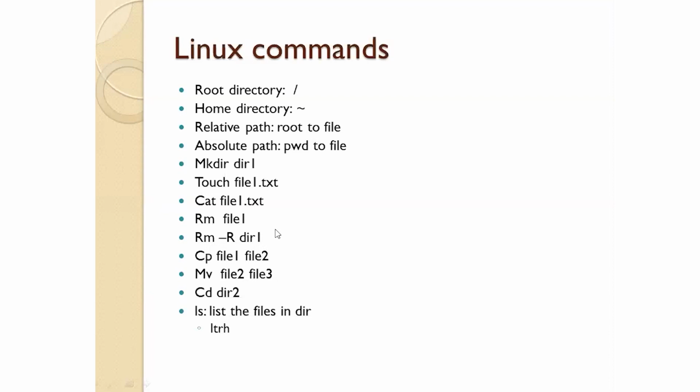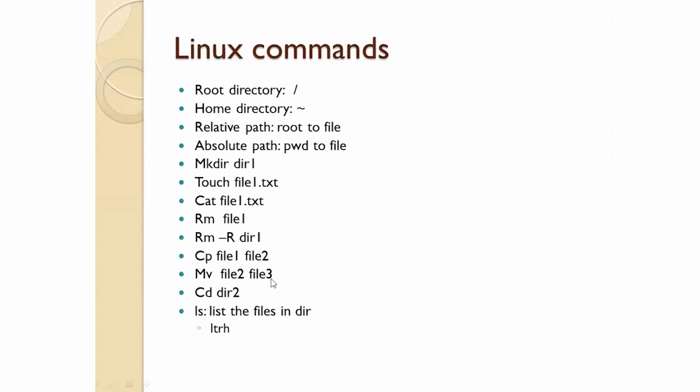So what if you want to copy the contents of file 1 to file 2? Then just simply use cp file1 file2. All the contents of file 1 will be copied to file 2. It is just like creating a replica of your file 1. So what if you want to change the file name? You don't want file 2, the name should be file 3. Then you can use mv file2 file3. And so mv has two purposes.